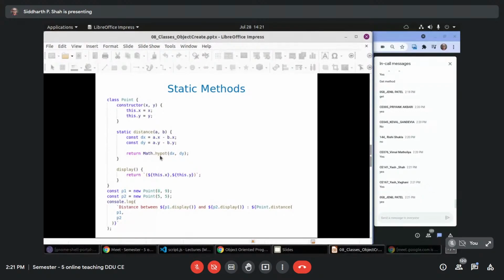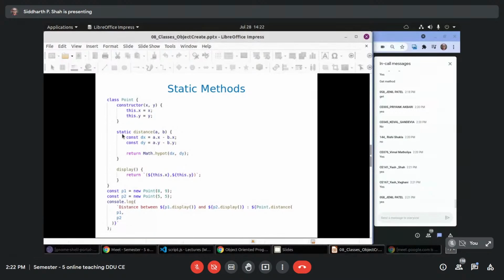Basically, this hypot method will give you the Euclidean distance. What is the formula? It is the square root of the summation of squares of each. Basically, this is nothing but the square root of dx squared plus dy squared. So this is the answer.